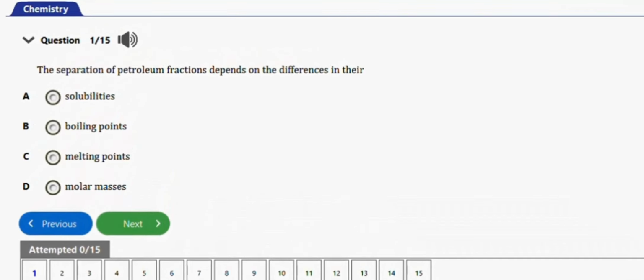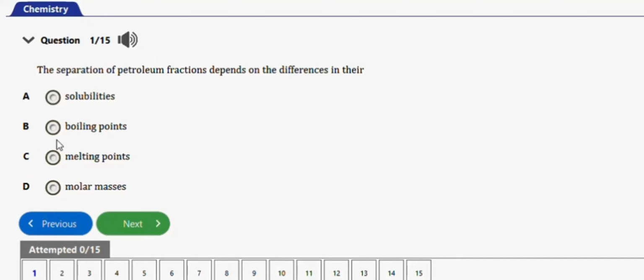In this video, we're going to learn how to solve these chemistry problems under petroleum or crude oil. So guys, we have 15 repeated questions to practice with in this video. Let's get started. The first question I have here says, the separation of petroleum fractions depends on the difference in their